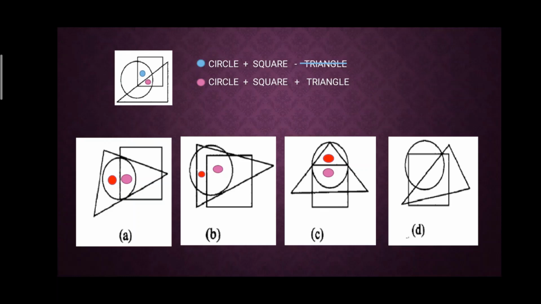Now in option D, as you can see, again I'll be able to find the pink dot area very easily. All the three diagrams, all the three figures are coinciding in this area. Now the blue circle, that is outside the triangle, I can see this area. I've marked the area in blue dot, where you can see this area is enclosed by what? A square and a circle, and it is outside the triangle.